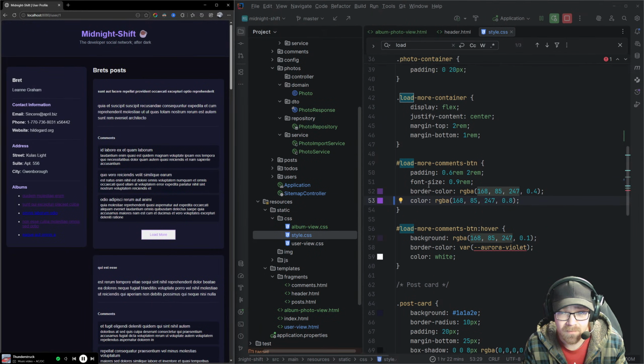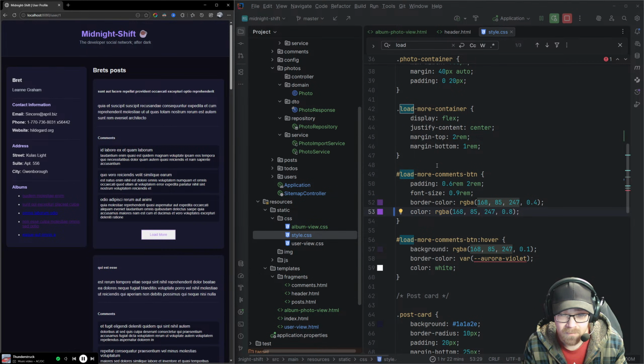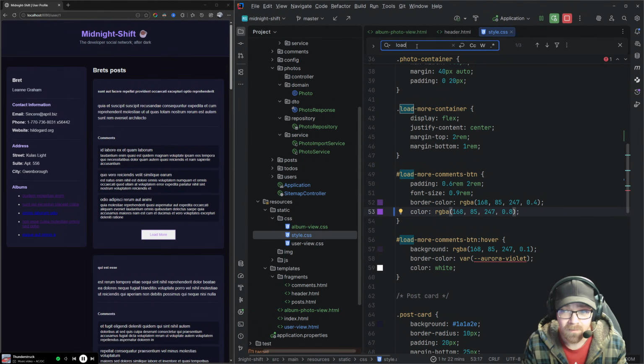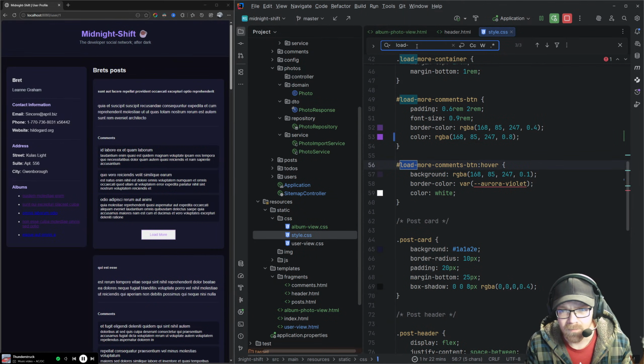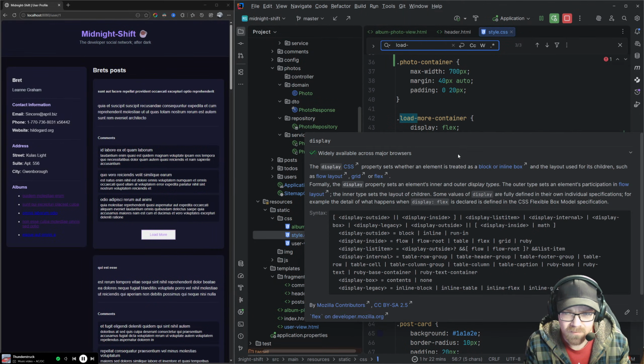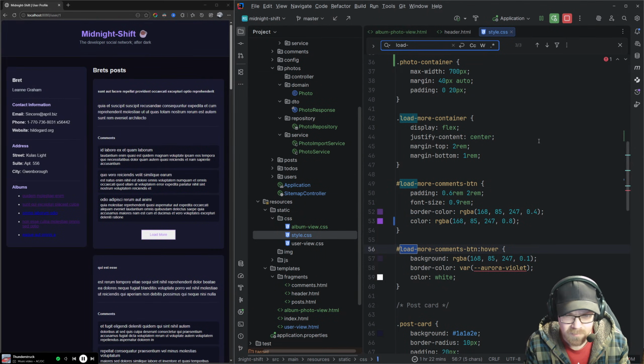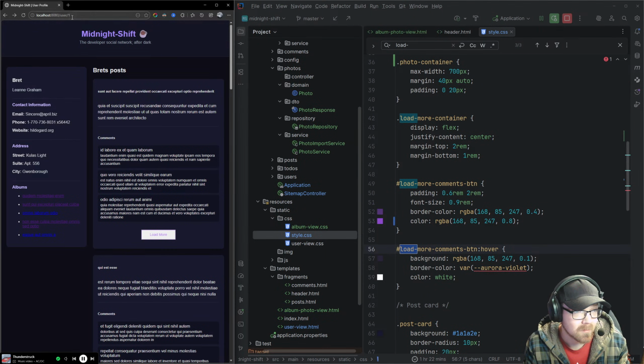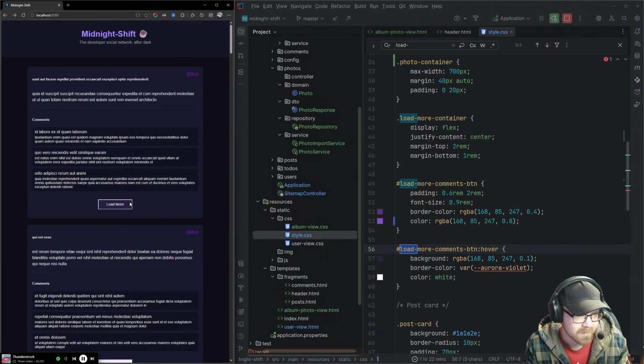But why is my non-hovered, like, load more is only here three times. Previous to that, okay, we're here. Why is that still white? Hover is white. That's the color the text turns. Background. Why is my background remaining the same?